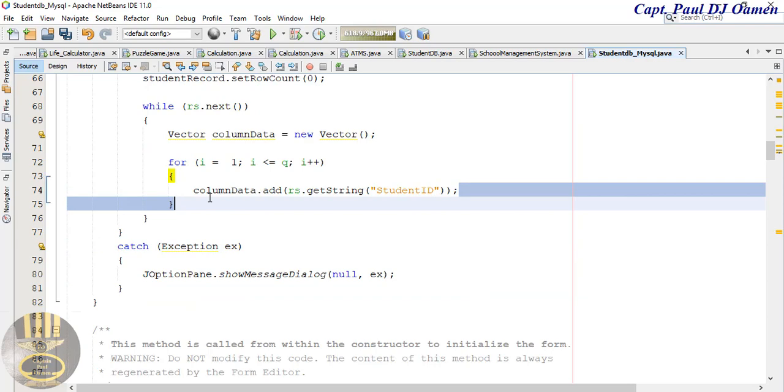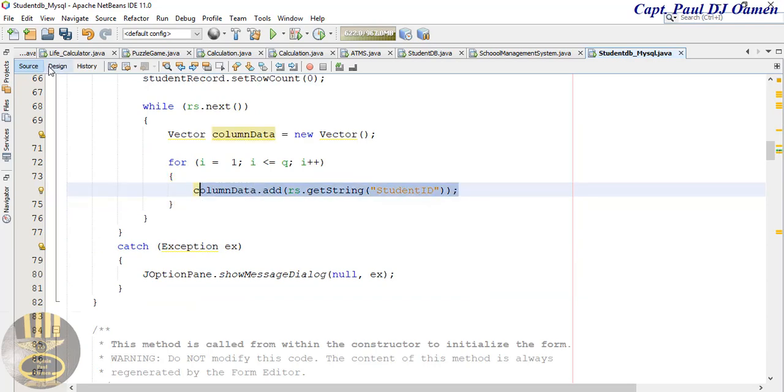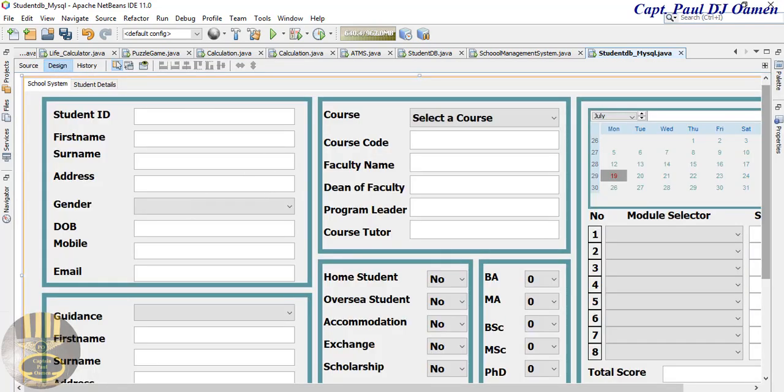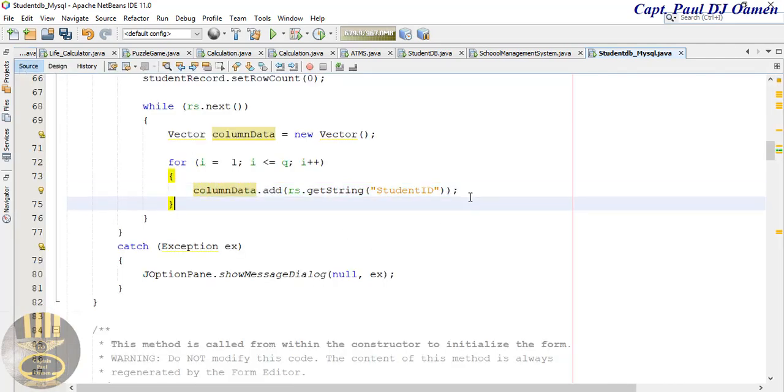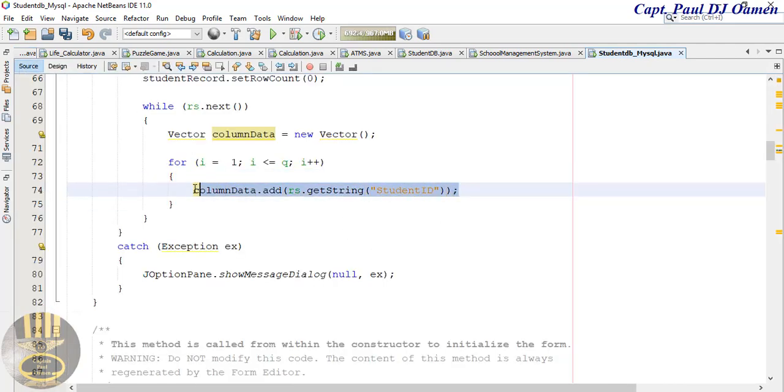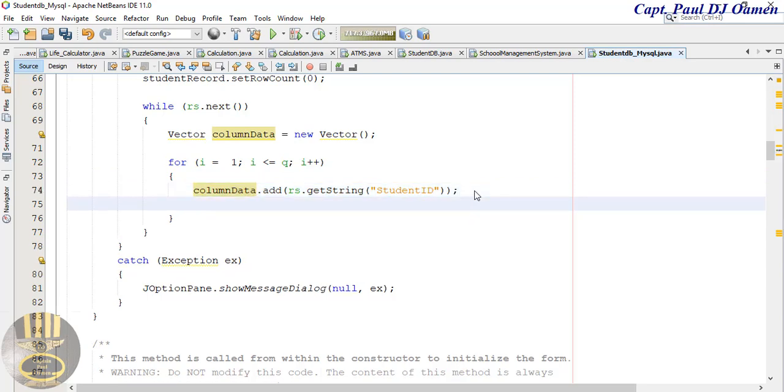I'm going to have about 39, as you guys can see. The only one that I'm going to miss out will be this one for guidance, and these 4 records there, so I'm going to miss them out. Apart from that, every other thing will be added. So let's come back in here. So I'm going to copy that, paste,